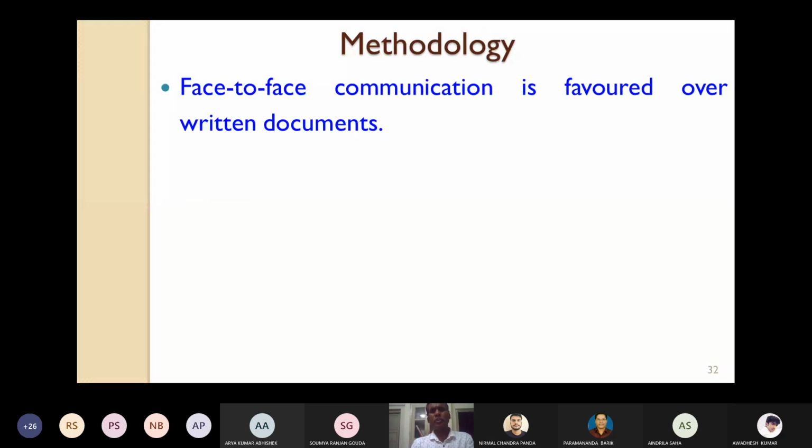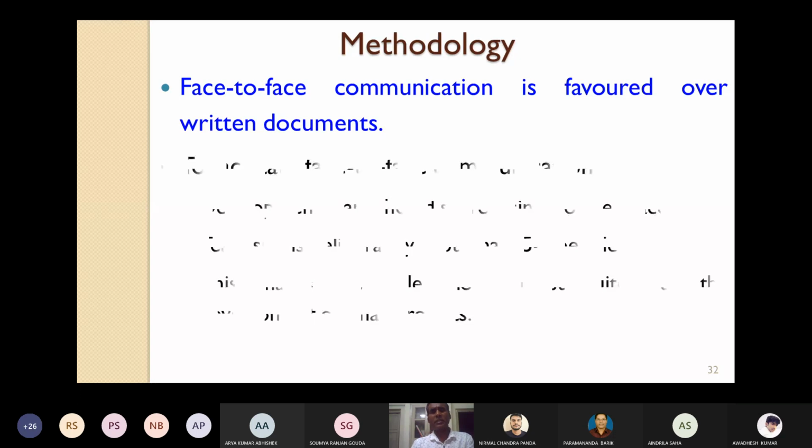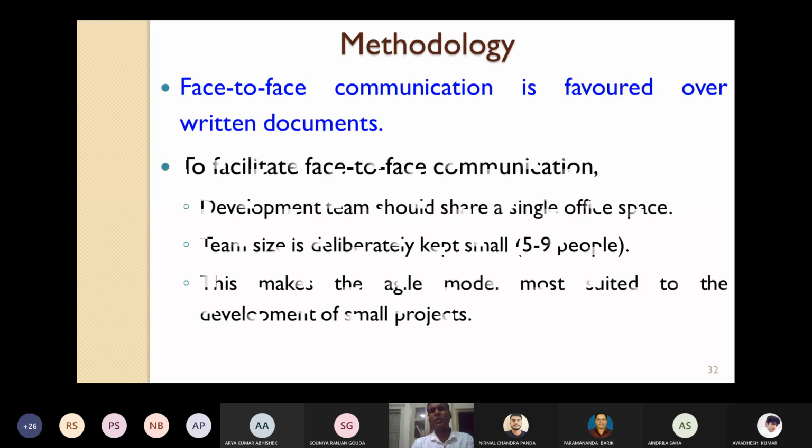To facilitate face-to-face communication, the following things are recommended. The development team should share a single office space. All the development team should share a single room. The team size is deliberately kept small, maybe within 5 to 10 people.